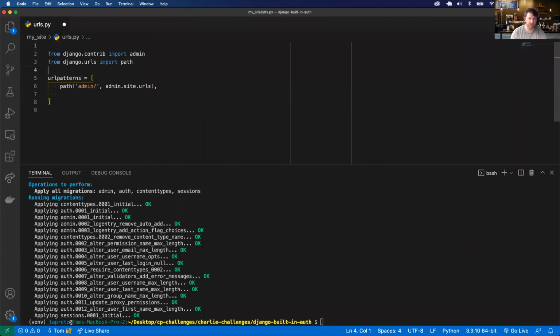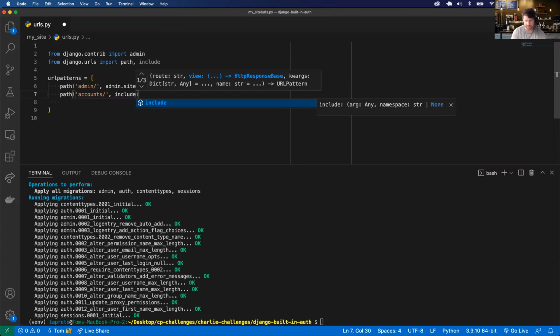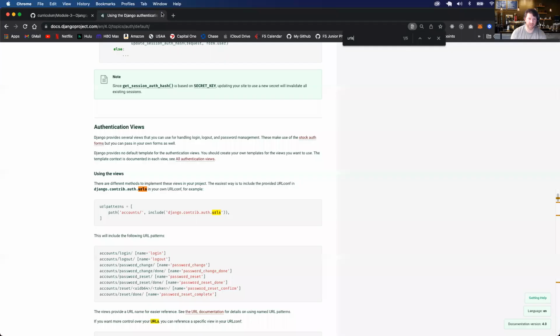Well, I need to import include first, and path accounts/, then I'm going to include the Django built-in authentication URLs. So django.contrib.auth.urls. If I Google that,